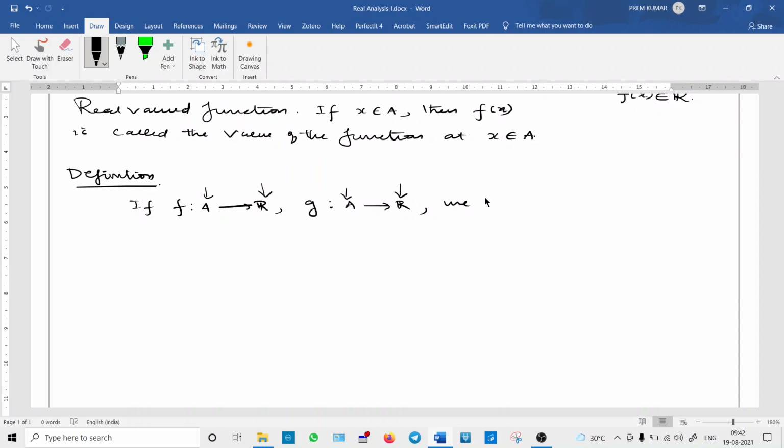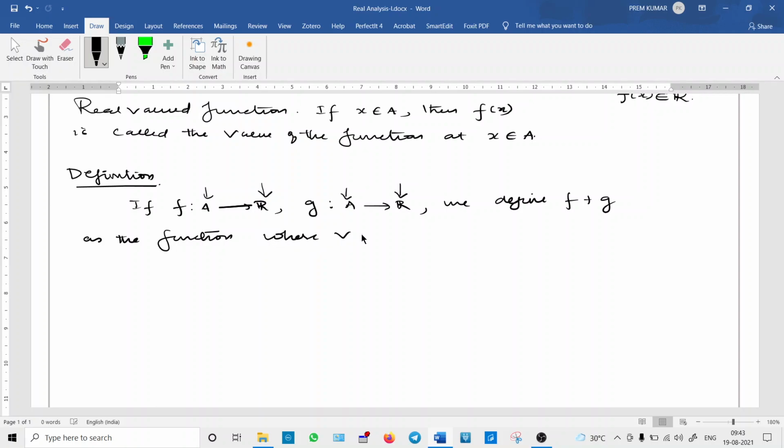Now we are going to define f plus g, same as adding two numbers, how to add two functions. We are going to define f plus g as the function